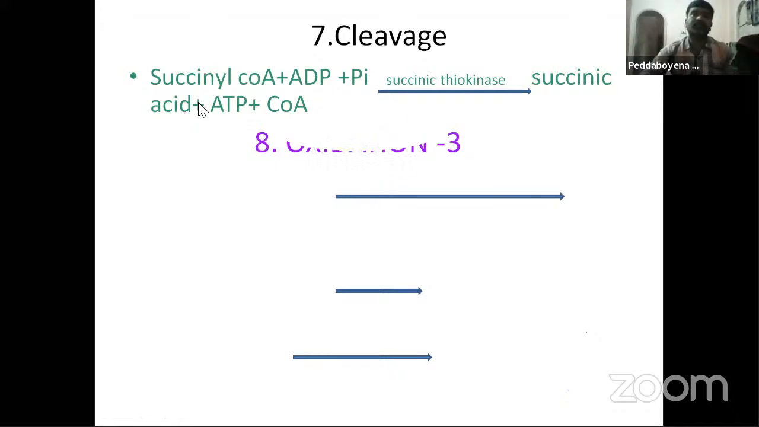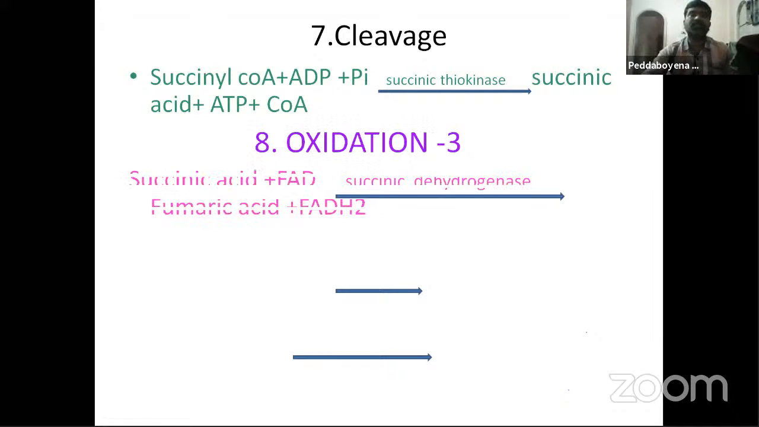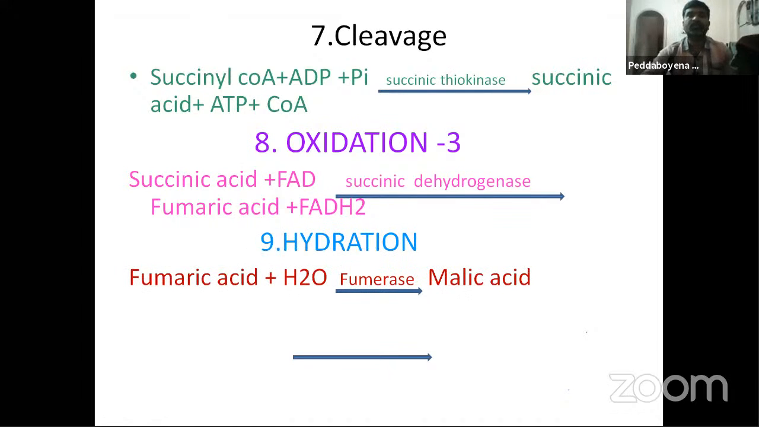Next is oxidation 3. In this, succinic acid reacts with FAD, and FAD is reduced to FADH2. In the presence of succinic dehydrogenase, fumaric acid plus FADH2 is formed. Next is hydration, which means water is added. Fumaric acid combines with a water molecule, and this reaction is catalyzed by fumarase and forms